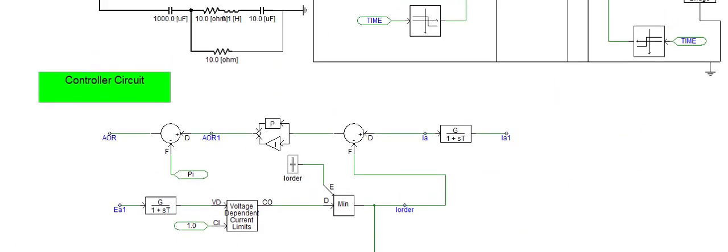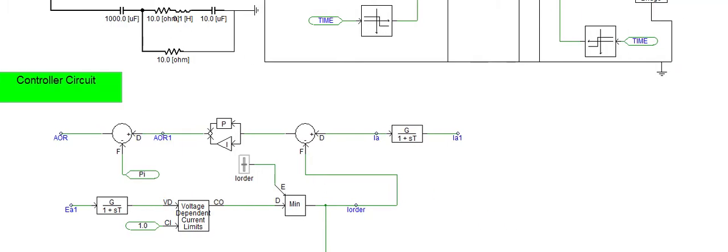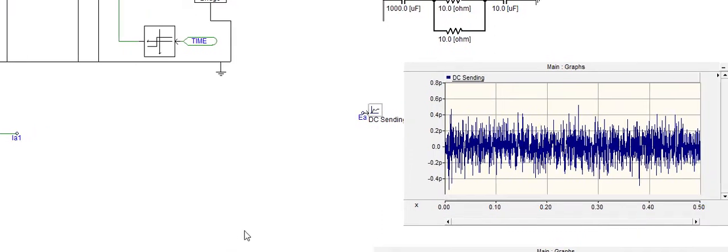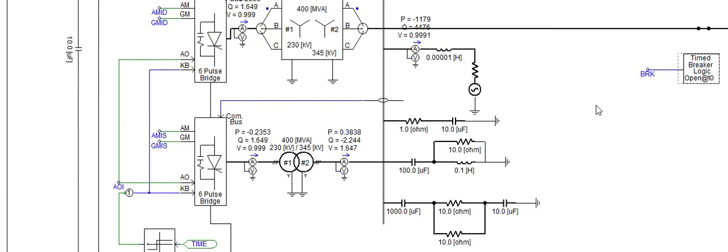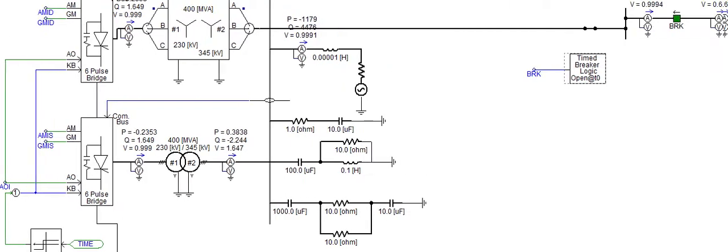Now I made a control circuit on 230 kV because the receiving side of this substation is 230 kV. Yes, 230 kV. Now what I will do, I will put on this breaker